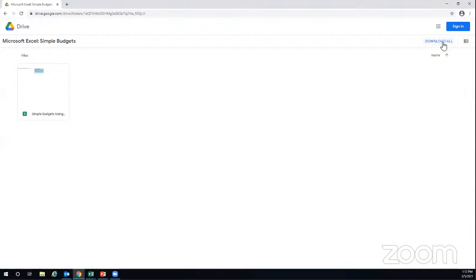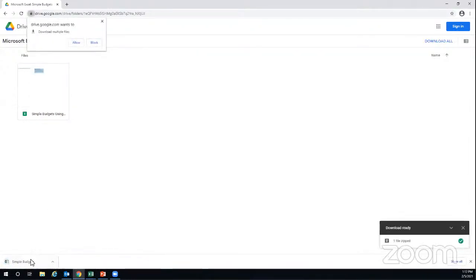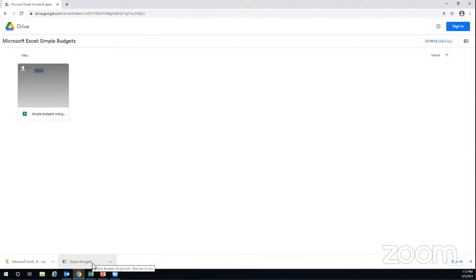Or it gives me an option over here to download all. If you click on that, it will download, or you can just click on this arrow here and a pop-up will come up here. Okay. And then you can click on the,